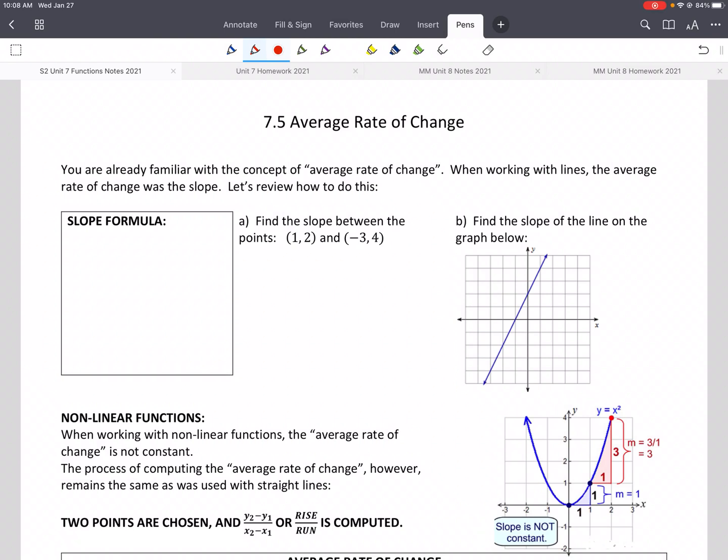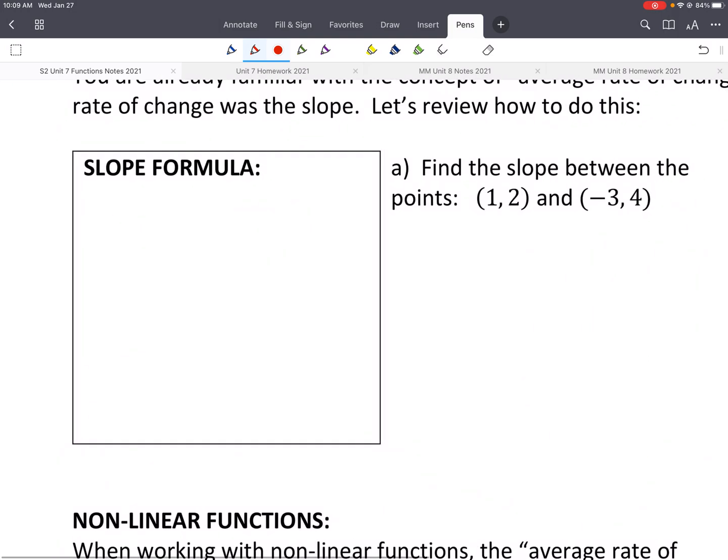Hey everybody, this is our last lesson, 7.5, average rate of change. All right, so you're familiar with the concept of average rate of change. You started with talking about the slope formula. So if we were given 2 points, we wanted to find our slope. And the slope formula is